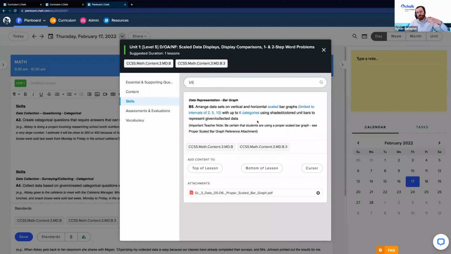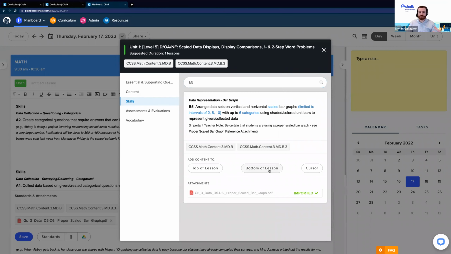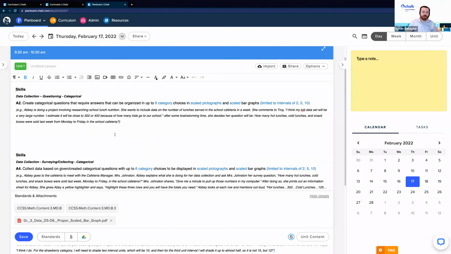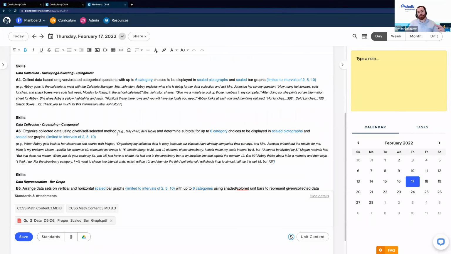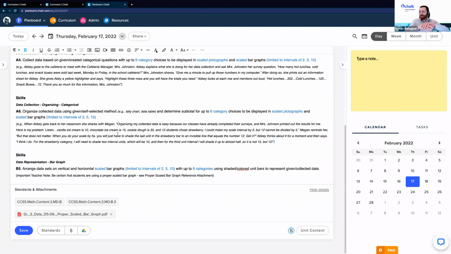And again, the way we've created that and bundled it in our map means that as soon as we add this, it'll pull everything in for us. That includes any attached instructional materials that we might want to use in creating our lesson plan. So if I come back to my lesson here, now I have all those skills laid out for me. And I, as a teacher, can now do what I want with this content and really build a lesson with it or restructure it however I see fit. So I really just wanted to highlight how those pieces connect to each other when you're creating your maps in Chalk here.